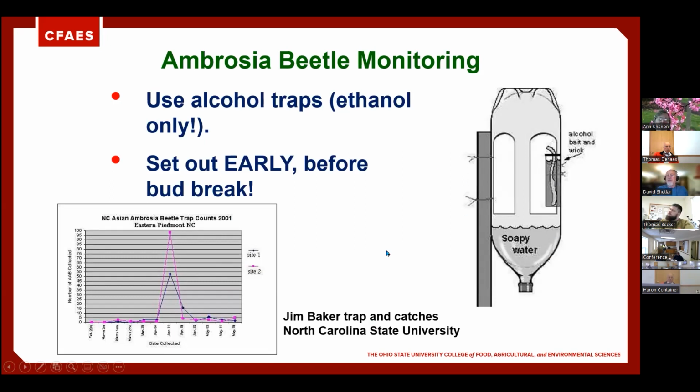It's basically sections of a log, a piece of the tree that you know is susceptible. They drill a hole down one end of it, fill it with ethanol, and apparently that will leak out through the tissues and will attract beetles to go into that bolt or that piece of wood. I'm an old fashioned one. I use these